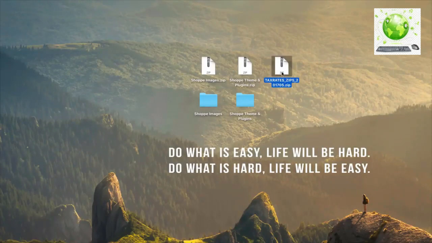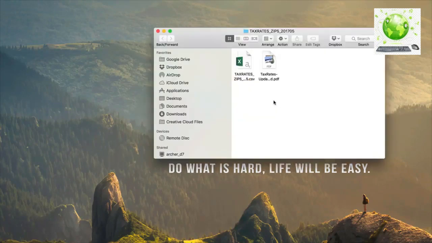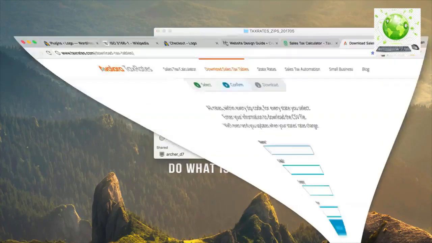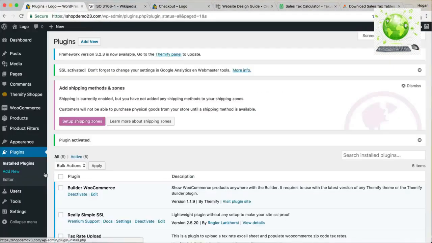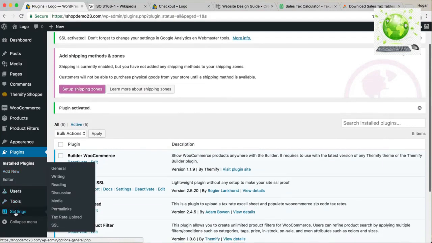What you need to do after that is double click it and then it'll open up in a folder like that, or unzip it, and inside the folder there'll be an Excel file with all the tax rates. So we need to go back to our website and upload those rates. So hover over settings, click on tax rate upload,